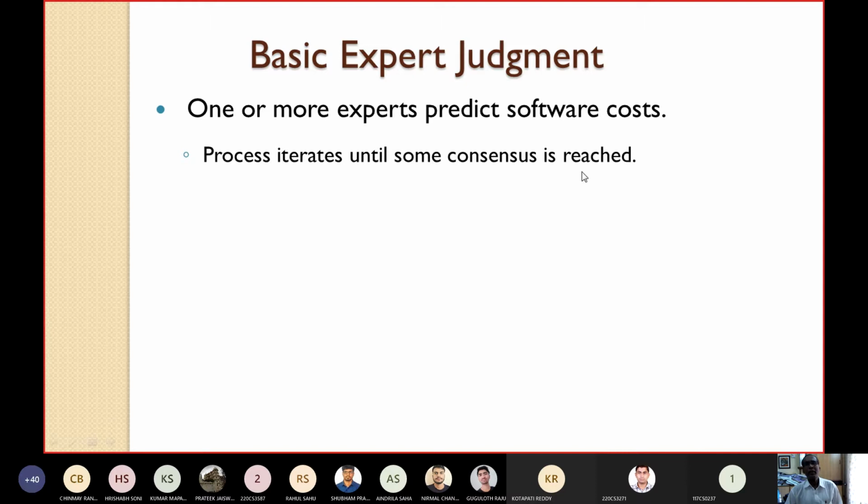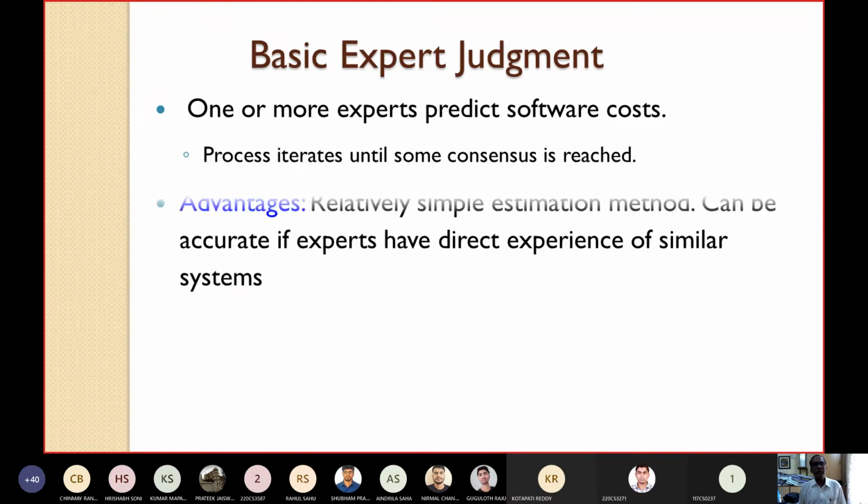Then all the experts agree to some particular value, amount, or quantity. Everybody agrees to that, and then the process is finished. So in the basic expert judgment technique, one or more experts predict the software cost, and the process iterates until a consensus decision is reached.